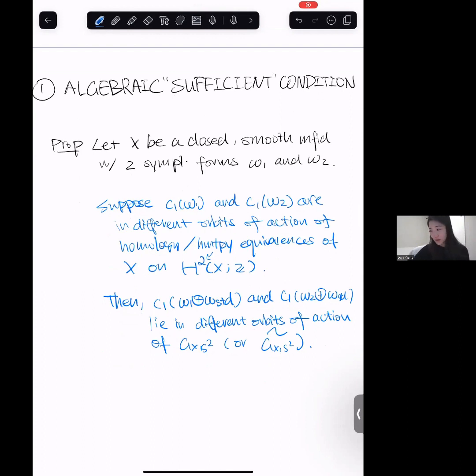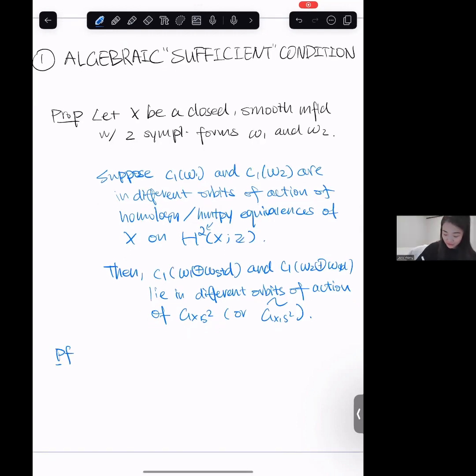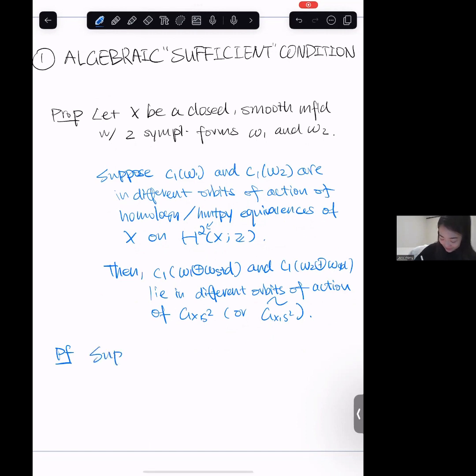Okay. So this one I'll actually give you a full proof because it's quite short, and it's the style of proof that we keep using in our paper. And it only uses algebraic topology, like grad school algebraic topology. So we suppose for contradiction that you have such a map in GXS2, or the corresponding one in G tilde X2,